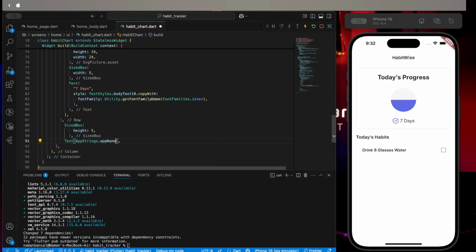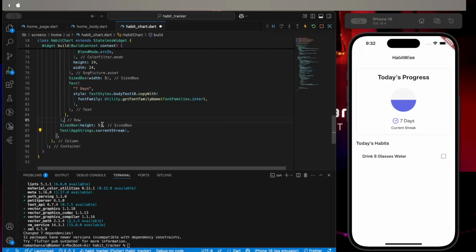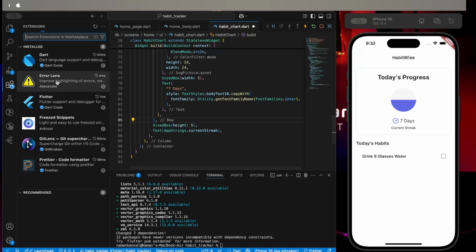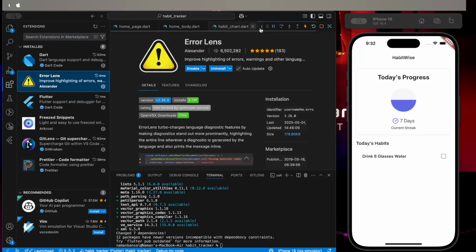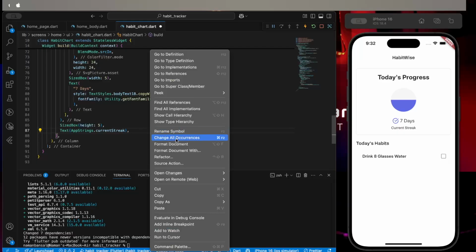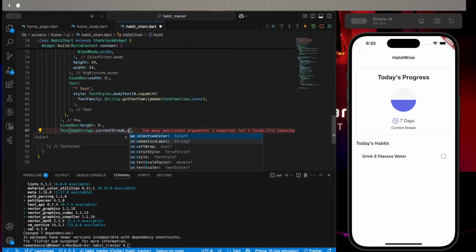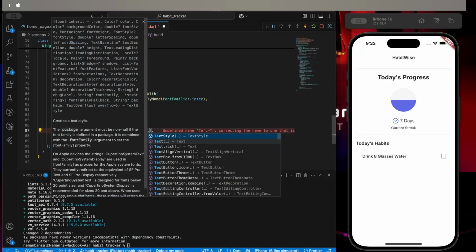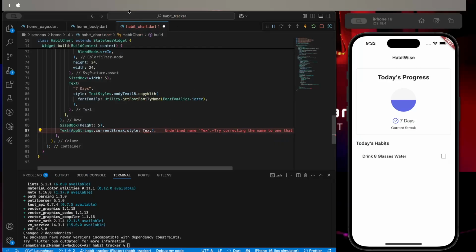Let me just add it here. Format document. Do I have? Okay, I have already installed it. Yeah, it should show some errors, but okay, no issues. We will see here. Okay. Let me check our textiles. So then we have